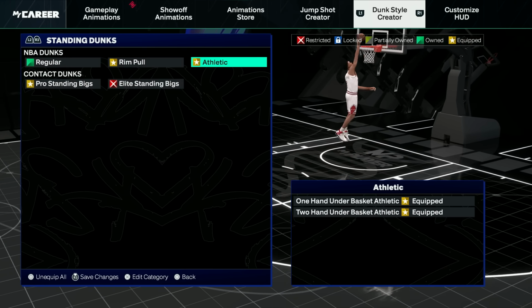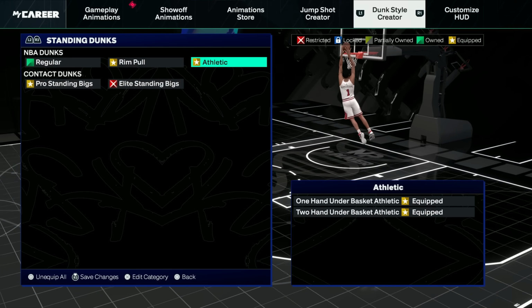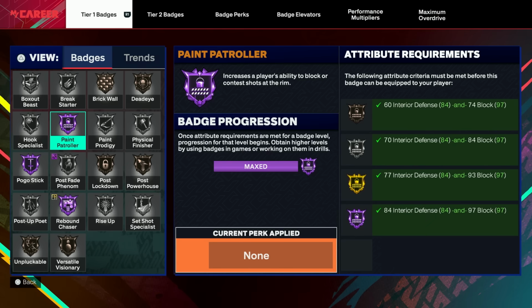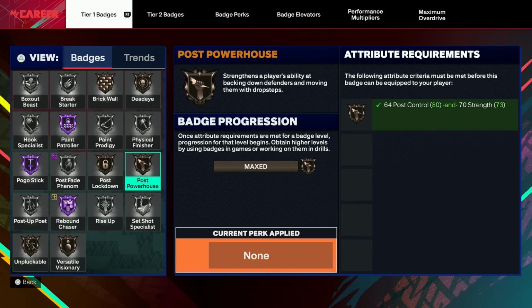I think some of these are a little bit better, to be honest with you. And Giannis Antetokounmpo is pretty much the only signature dunk package that I use on this build. When it comes to the badges, we have a lot of silver badges and some bronze badges as well, but